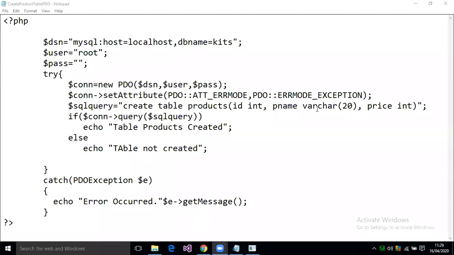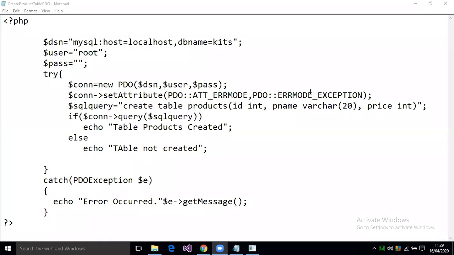So, create table product. No need of a semicolon here, it will execute anyhow. It is just stating that there is a problem in catch.